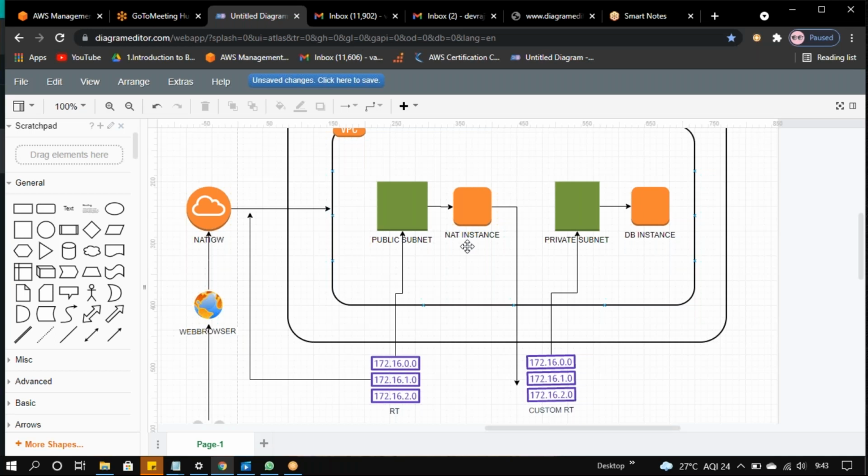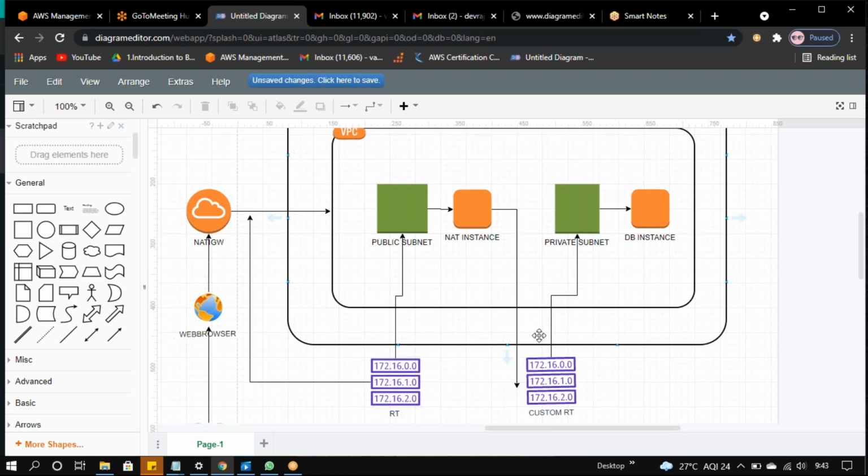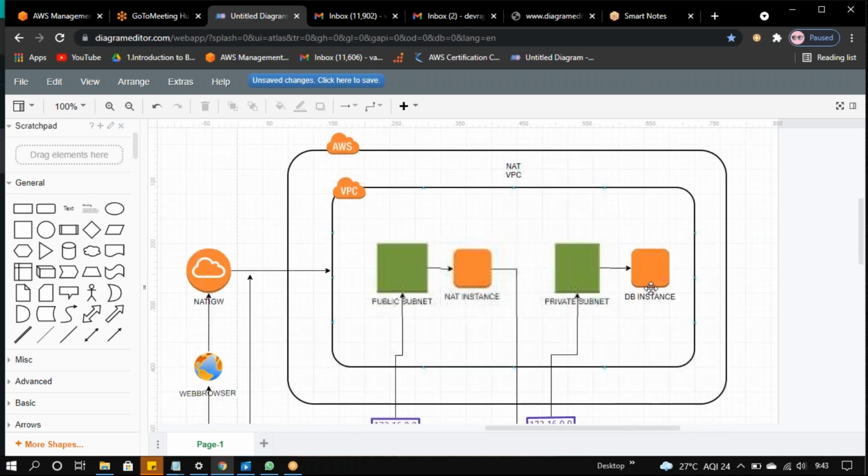The same policies apply here also. Whatever is applied to the NAT instance from the community AMI is applied to the private instance hosted in the private subnet. If we do this blueprint correctly and provision it correctly, we will get access from this private DB instance.